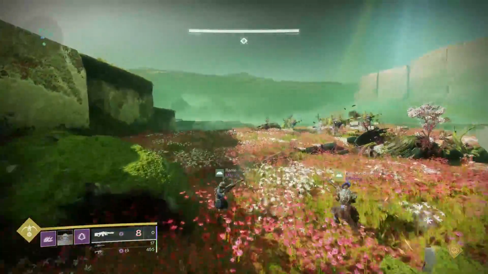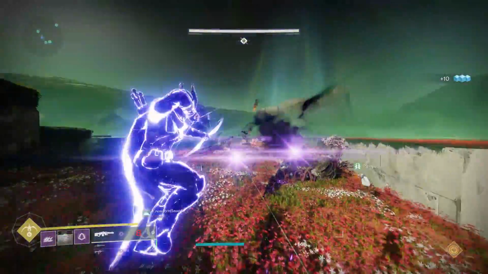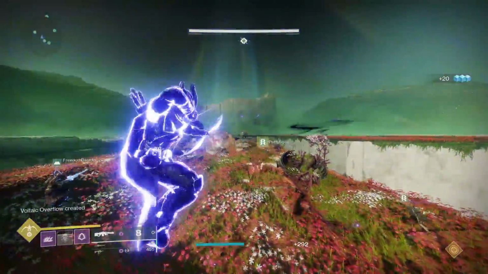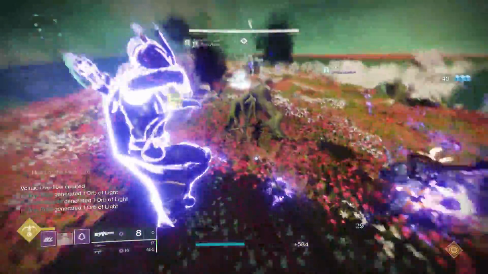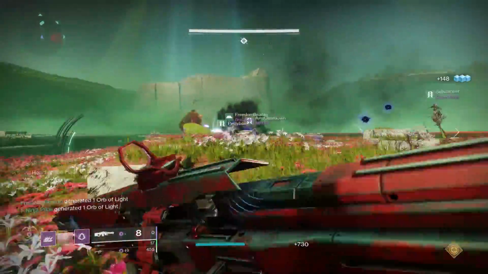It's best to have everyone use their supers here, or use snipers at least, to take out the Cyclops quickly because they don't mess around. In this sprint to the finish, the boss will spawn 3 final overloads, which should be picked up immediately, just